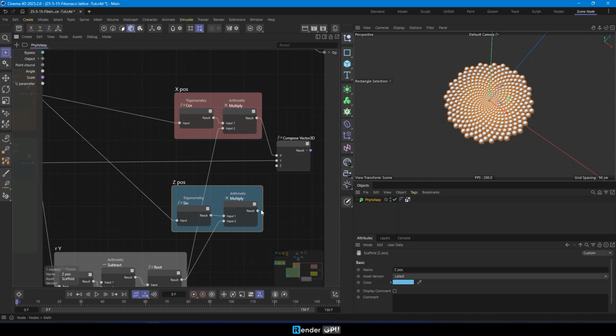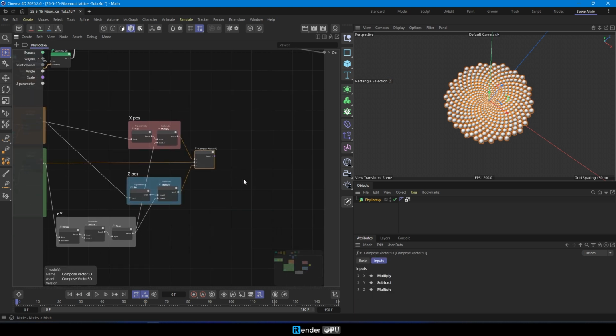After having x, y, z, we use the compose vector 3D to integrate them.